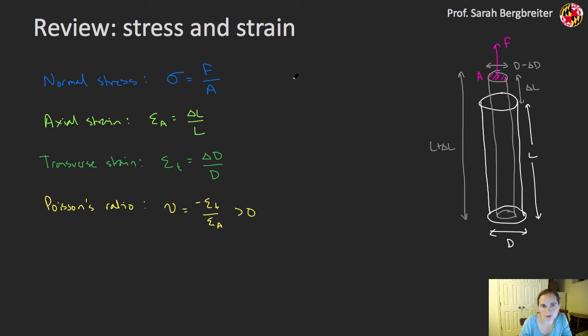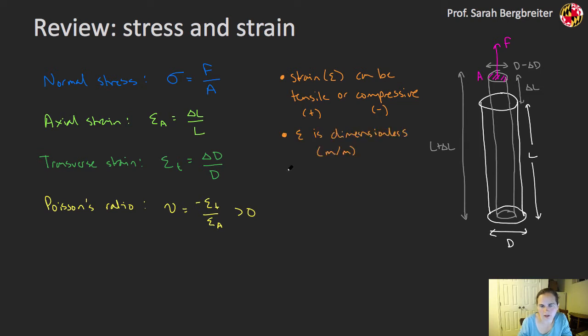Some key points to remember for strain: it can be tensile or compressive, where tensile strain is typically defined as positive and compressive strain is defined as negative. Strain is also dimensionless. It's also important to point out that often the strains you're measuring are going to be really small, so they are often measured in microstrain. Microstrain are still meter per meter units, still a dimensionless number, but it's the original strain times 10 to the 6. So if I had a strain of 10 to the minus 6 meter per meter, that would be 1